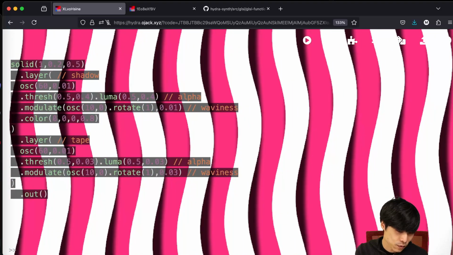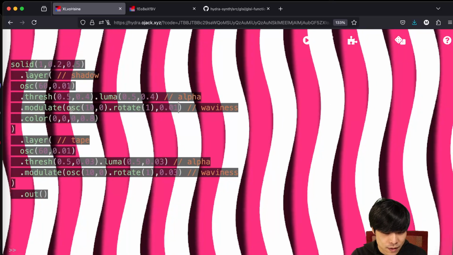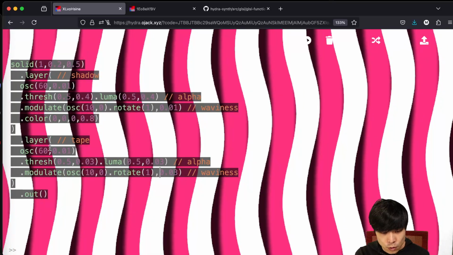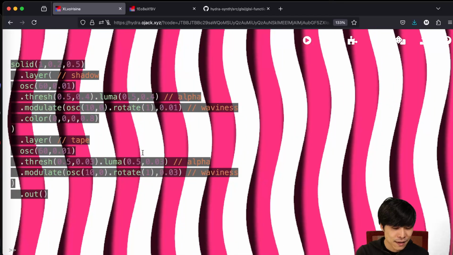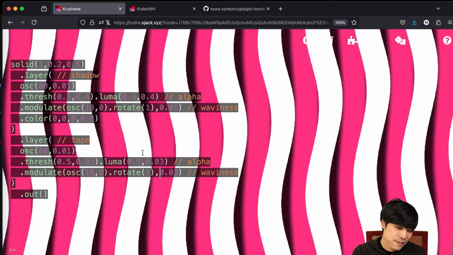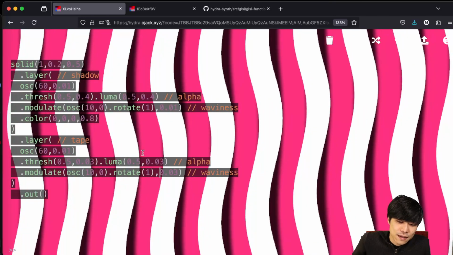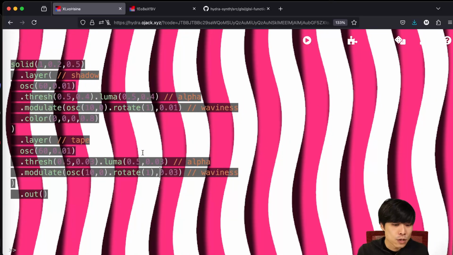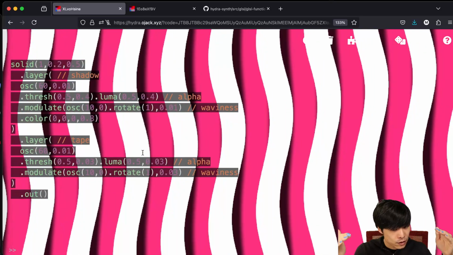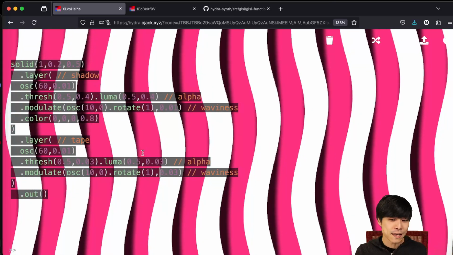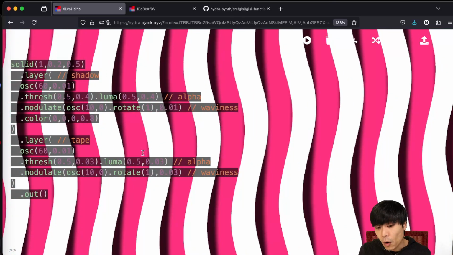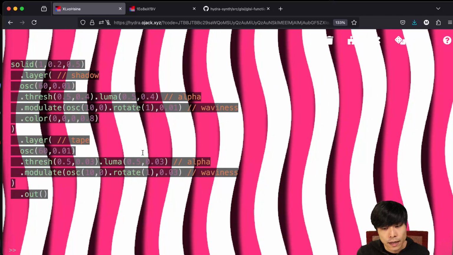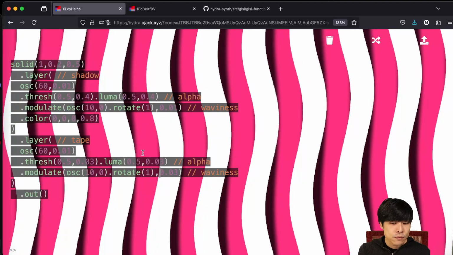That's because of this difference between modulate 0.01 and the other one, modulate 0.03. So the tape has more modulation and the shadow has humbler modulation. This is not the tape technique itself, but just working with composition using different layers. Now we have 3 layers: a solid, the OSC shadow, and OSC tape. And you can make almost an optical illusion to make it look like 3D. I just wanted to talk about this, and this is one way of